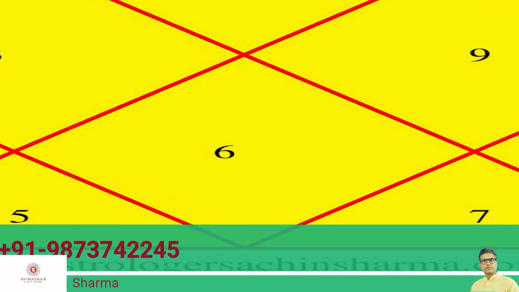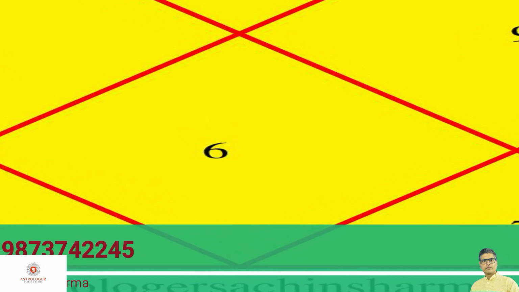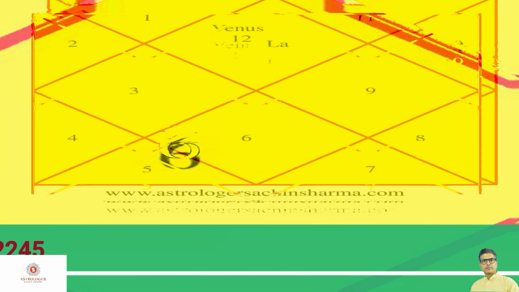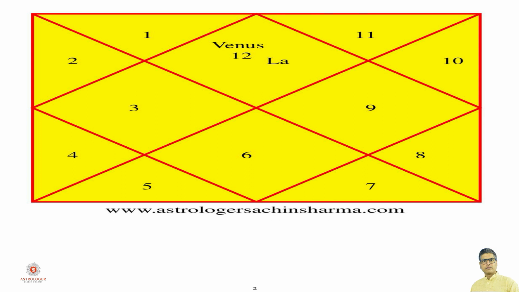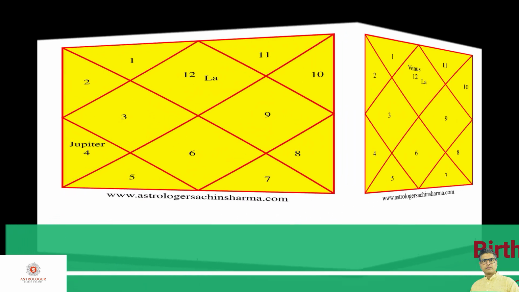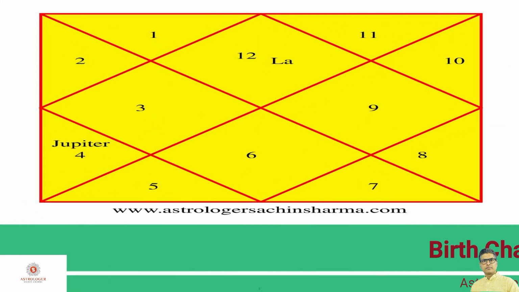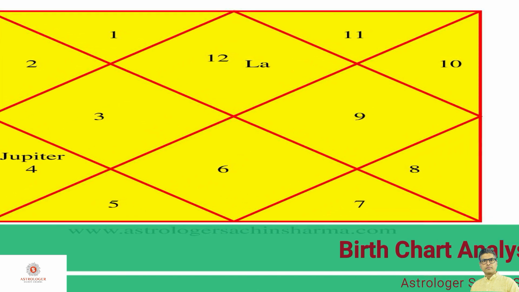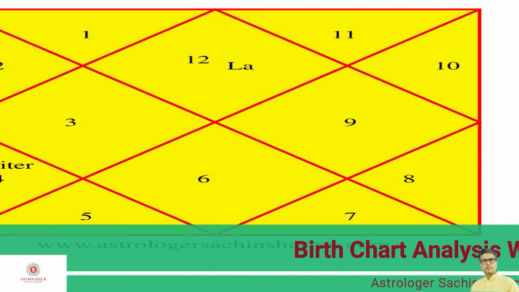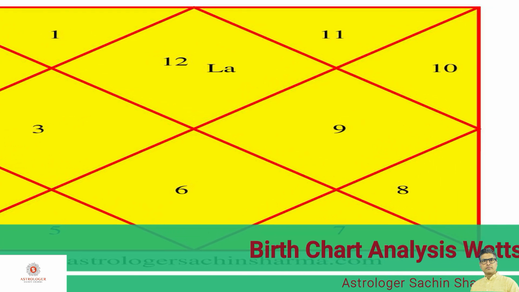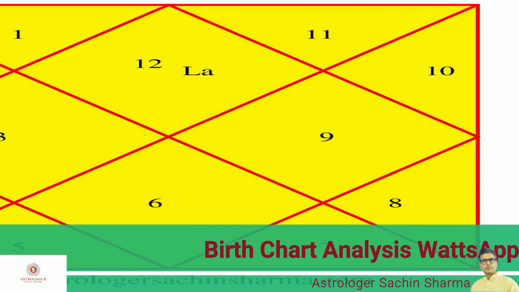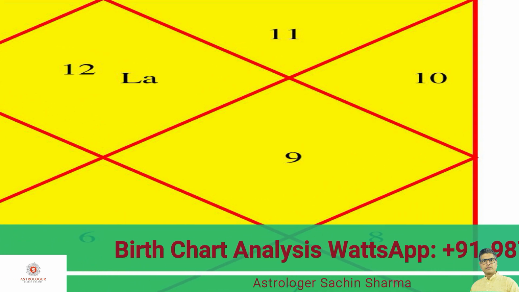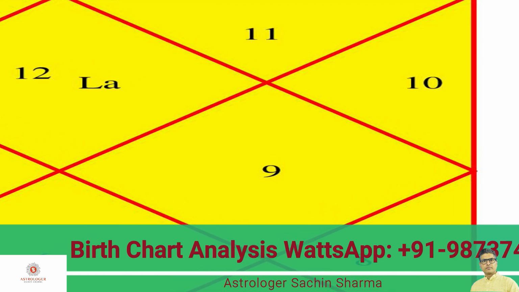So I think this technique is useful for you, so that it won't be difficult to remember the debilitated sign. So let's take another example. For example, Jupiter is placed in the Cancer house. That means where number 4 is written, and if we count 7 houses from Jupiter, then we will find the 7th house is Capricorn. That means Capricorn is the debilitated sign for Jupiter.